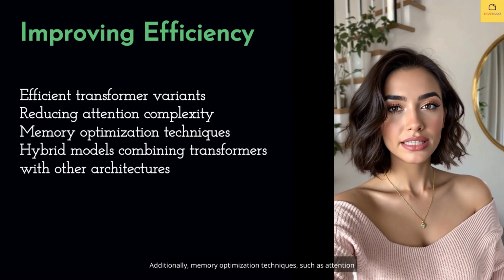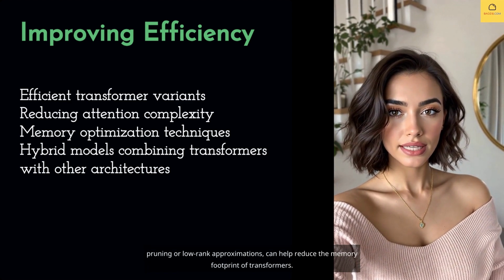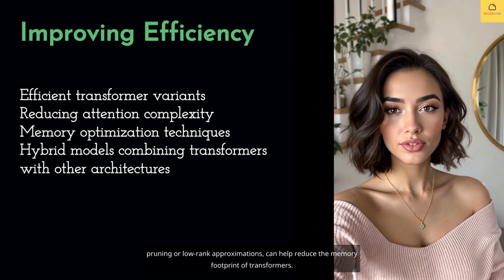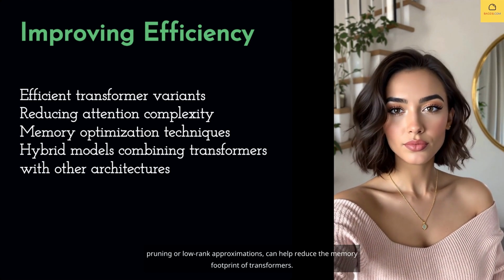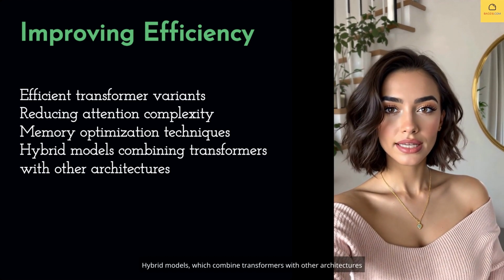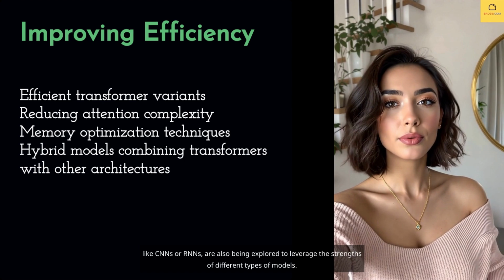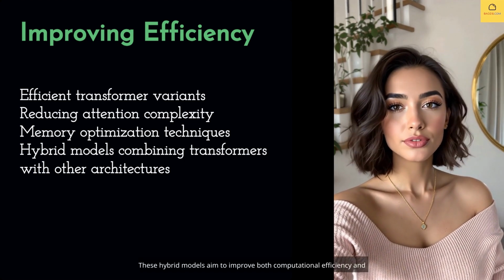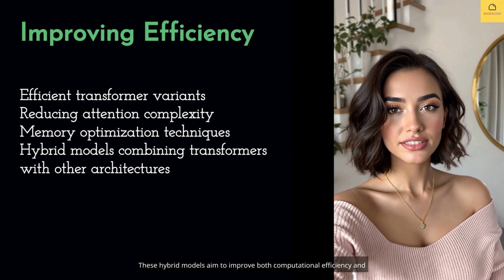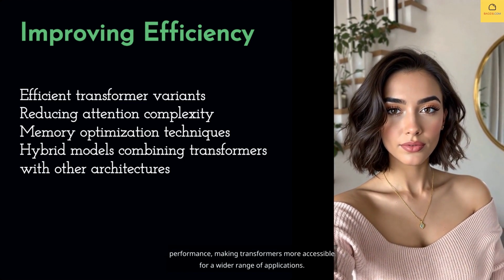Additionally, memory optimization techniques, such as attention pruning or low-rank approximations, can help reduce the memory footprint of transformers. Hybrid models, which combine transformers with other architectures like CNNs or RNNs, are also being explored to leverage the strengths of different types of models. These hybrid models aim to improve both computational efficiency and performance, making transformers more accessible for a wider range of